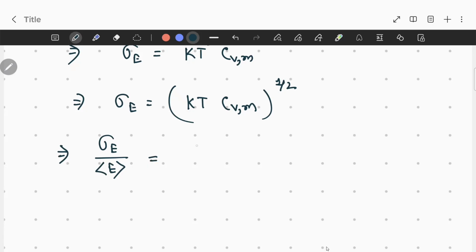So which is more important, fluctuation or relative fluctuation? Fluctuation means standard deviation divided by mean. Then only will we get an idea. Let's say your mean is 20 and your fluctuation is 2, then it's okay. But if your mean is 0.5 and fluctuation is 2, then the fluctuation is the same in both cases, but the means are different. So relative fluctuation is more important. And so this is now